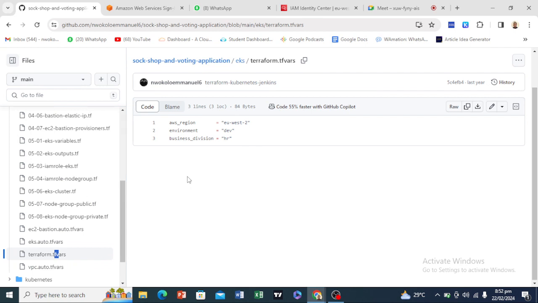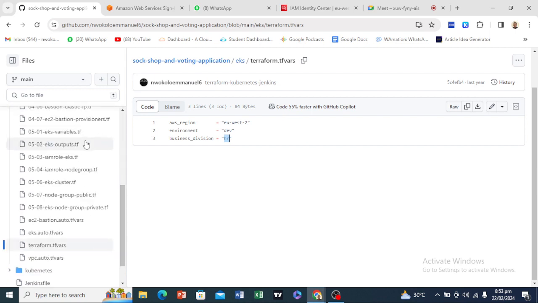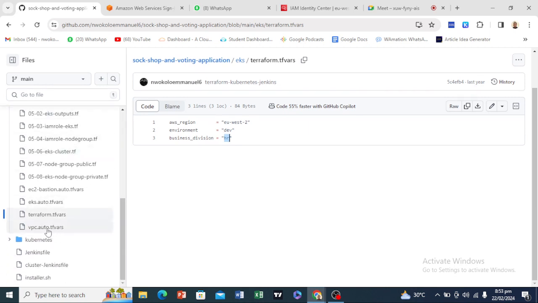yeah, so in the terraform.tfvars, this is where you can now make a change to the AWS region, to the environment, and the business division, right? So now you can put whatever name you want to put here. But the AWS region, you know that is always us-east-2, right? The environment, you know that it's dev, a development or production environment. You put it there, right? And the business division, whatever name you want to give this, your choice, either it's Capstone or whatever, you can write it here, right? And if you scroll down, you can see the VPC